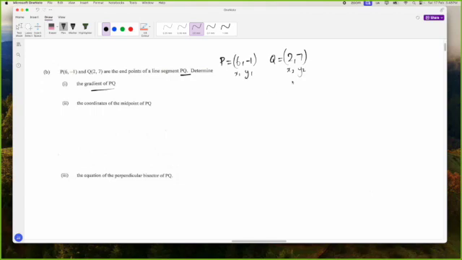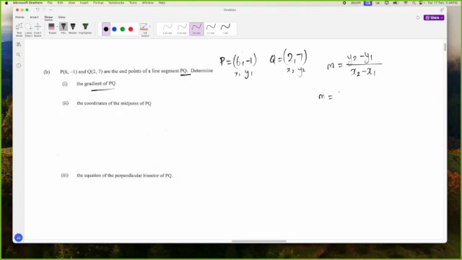It doesn't matter which one you choose. You could have chosen this to be x2, y2 if you want. You will get the same answer, and you could try it both ways if you want to do the experiment and see. So the gradient small m is y2 minus y1 all over x2 minus x1. So the gradient small m is